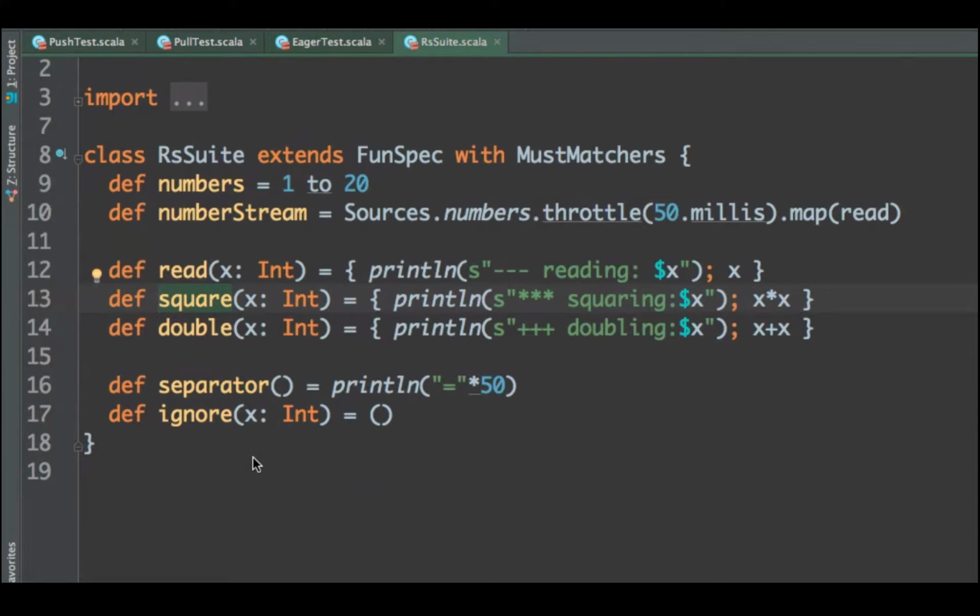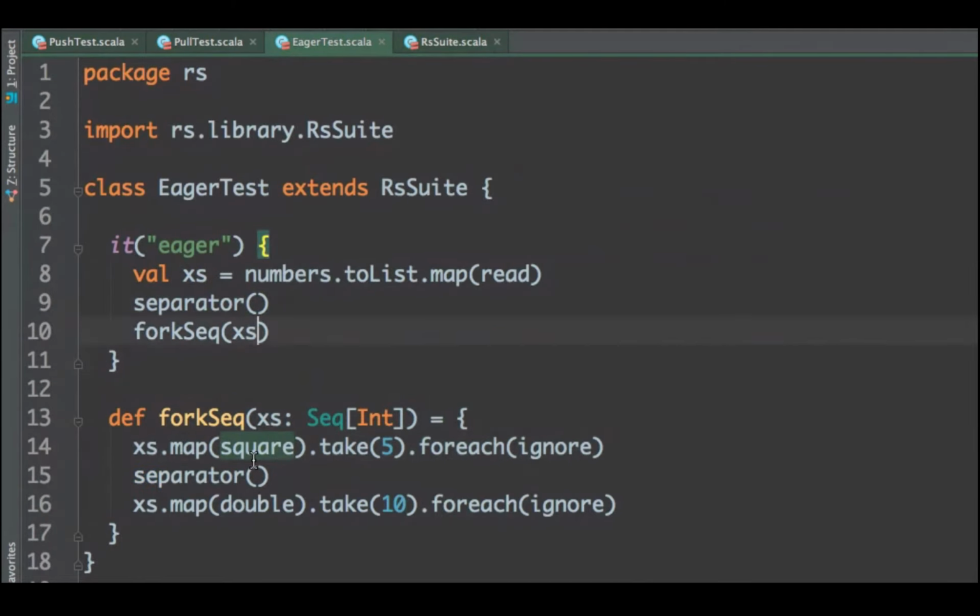So this is mainly for logging, right? And then let's see how it works. So now if I run the test, even though I'm expecting to work only on the 5 elements in the first branch and 10 elements on the second branch, I don't really have much control. So if I run this,